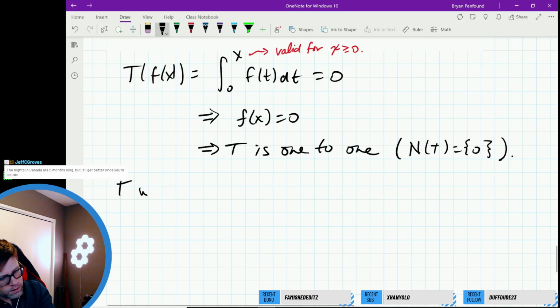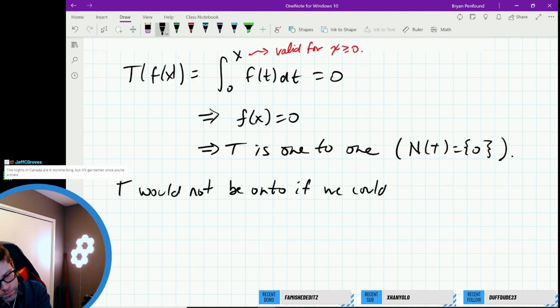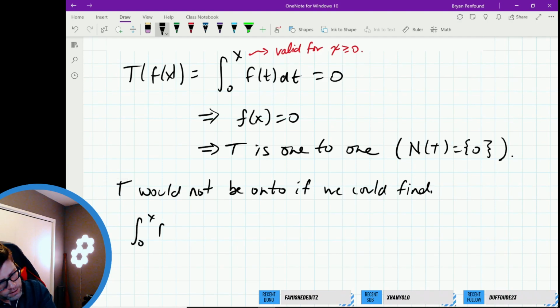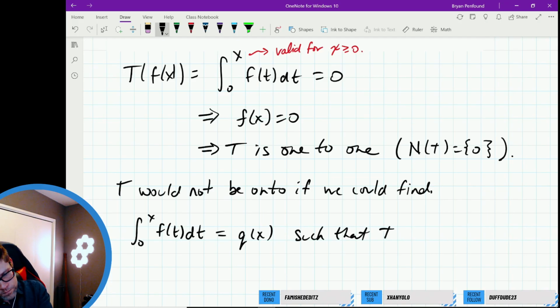So T would not be onto if we could find one of these. Right, that should come out to be some kind of polynomial, such that T of f of, maybe I'll call this g just for the sake of argument. So we'd want T of f of x